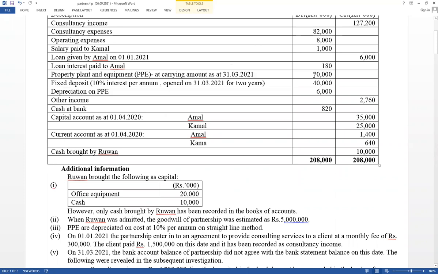What is the meaning? Annual depreciation already recorded. Why it has given depreciation rate? What is the reason? Annual depreciation record කරලා තියෙනවා නම් ඇයි මේ rate එක දීලා තියෙන්නේ? Think new partner also introduced office equipment as a capital. It has not recorded. Therefore, based on that value, depreciation not recorded.